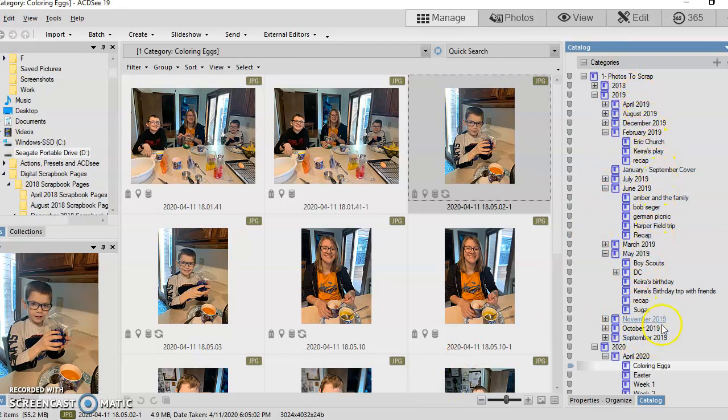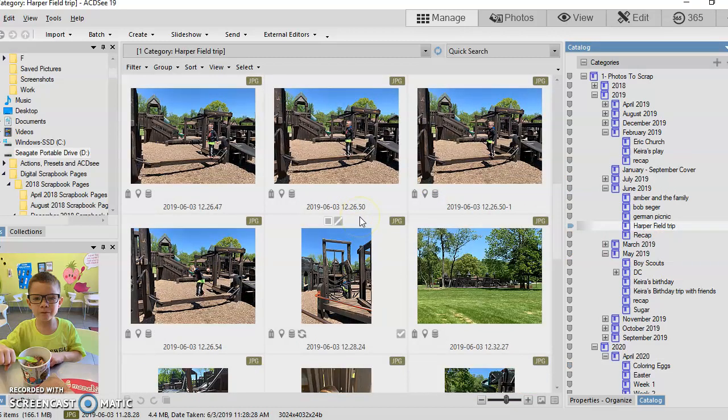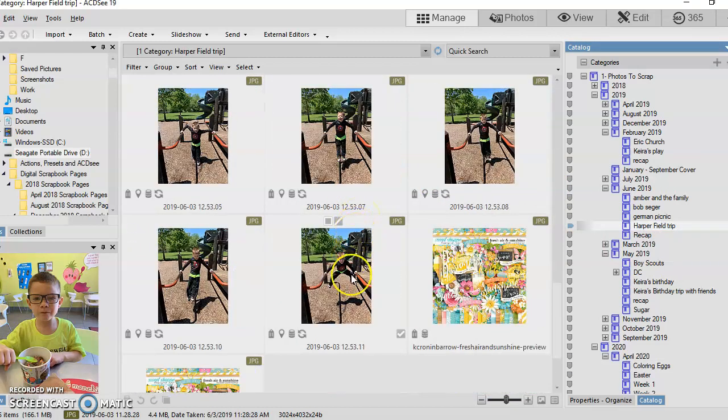But one of the things that really helps me when I start to scrapbook is I like to tag my pictures, and then if I have a kit ready for those, I like to tag the kit to go with it. So for example, here is June of 2019, and then I have Harper's field trip. So I've got all of his field trip pictures,